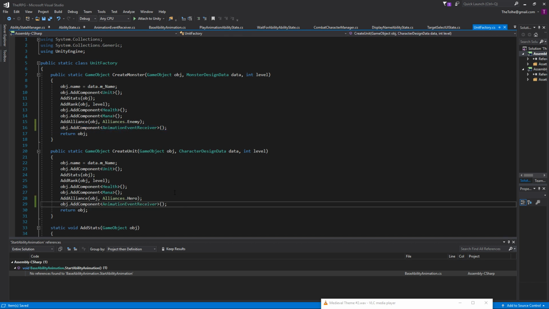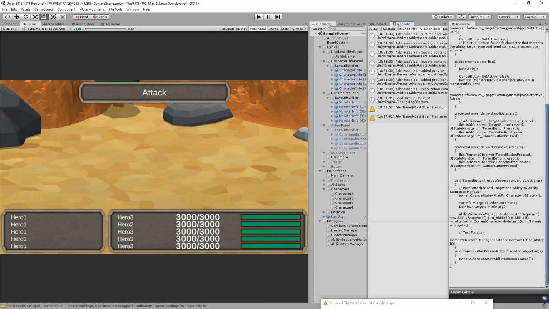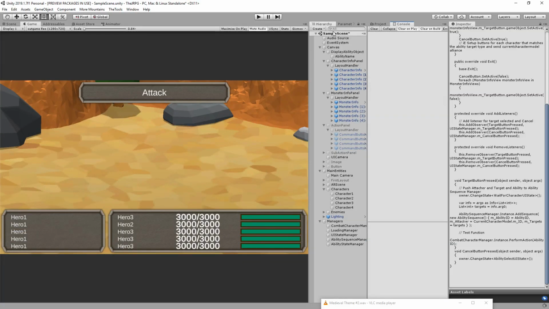We'll do that for the monsters and the character units. So now they should have this event on them. Okay, so if we hit play,